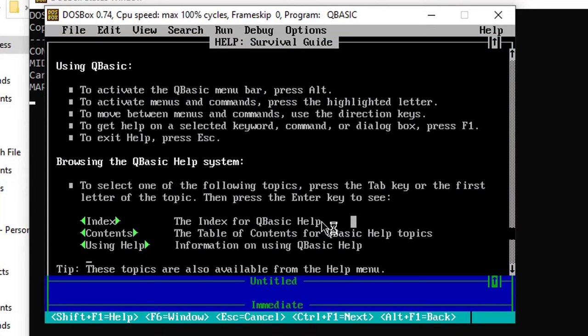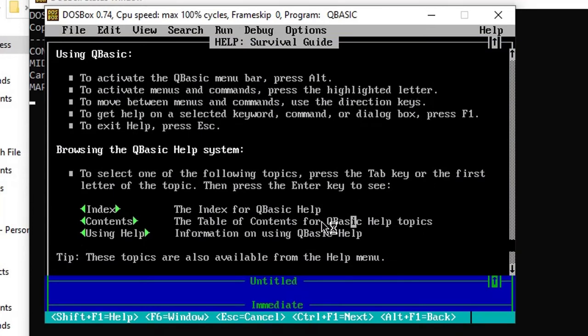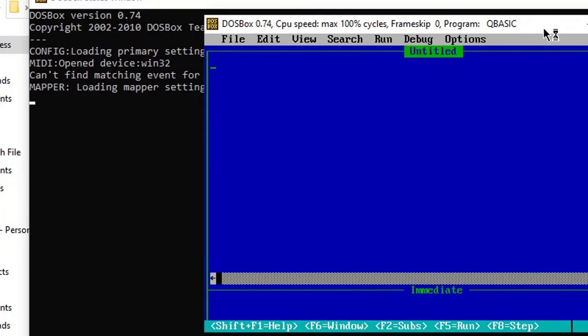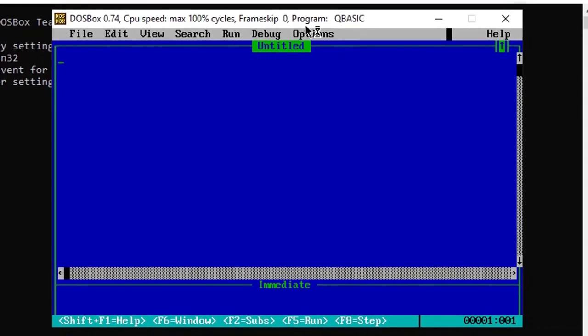Okay, so this is the survival guide. I'm not after the survival guide, so I now press the escape key. Now the escape key has brought me to the QBASIC window. This is what we call the QBASIC window. Okay, in the QBASIC window we have, first, the title bar,